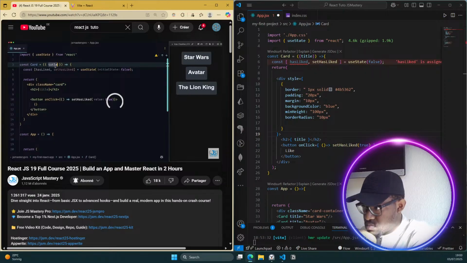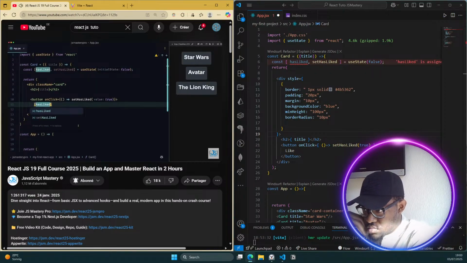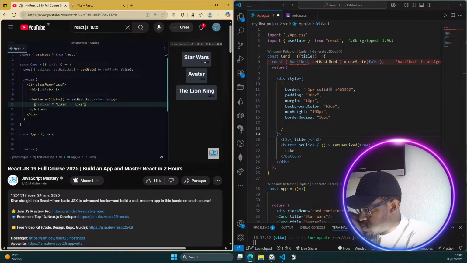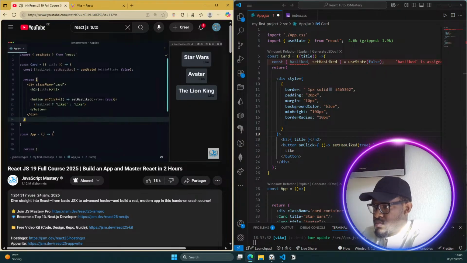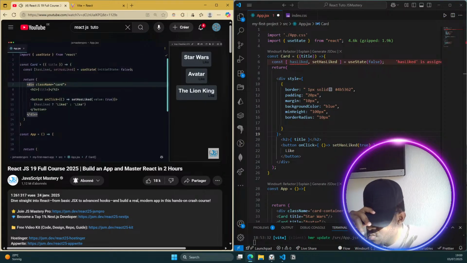variable that we're trying to render, not just the title text instead. So here we can check if has liked is true. And if it is, then we can say liked, else we can say like. So now for the first one, you can already see that it says liked, even though it's not that apparent because it's black. But you can see that now I can click on all of them and they will all say liked. And they'll stay that way until I reload the page. So that is a very important thing to mention, that the state is not persistent across browser reloads. As soon as you reload the browser, the component will get re-rendered and the state will return to its initial